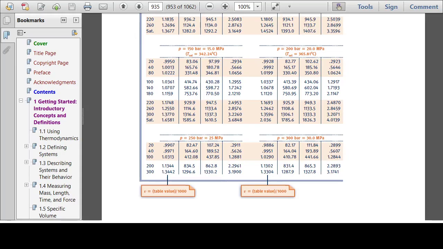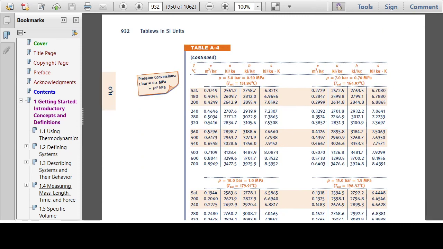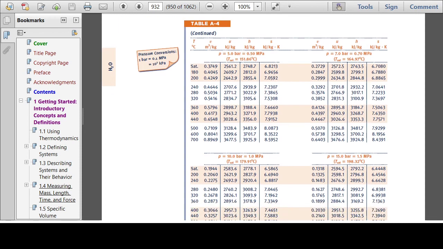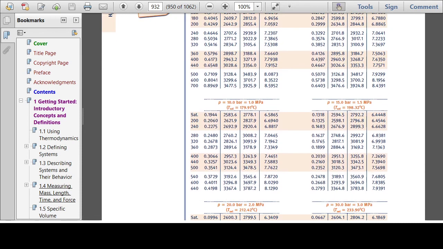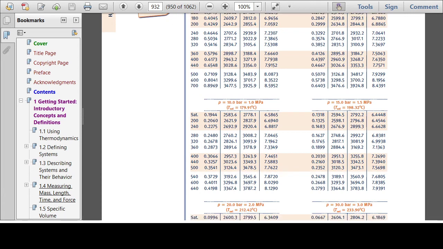So going back to the tables, 10 bar. I was going back from the compressed liquid table, and table A4 was the superheated vapor table. So here